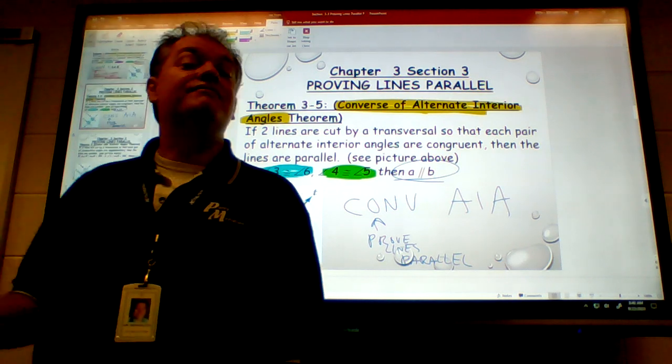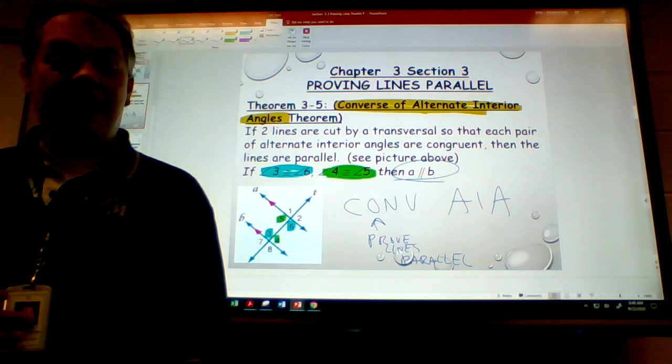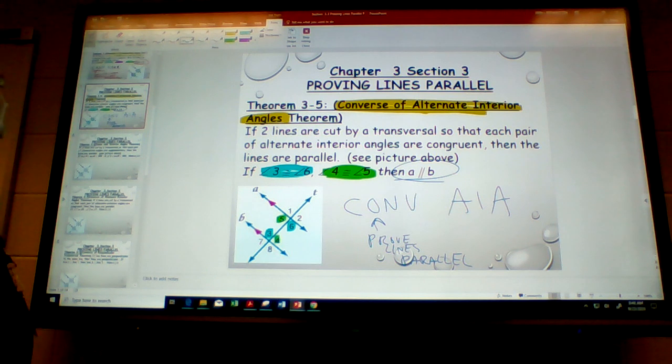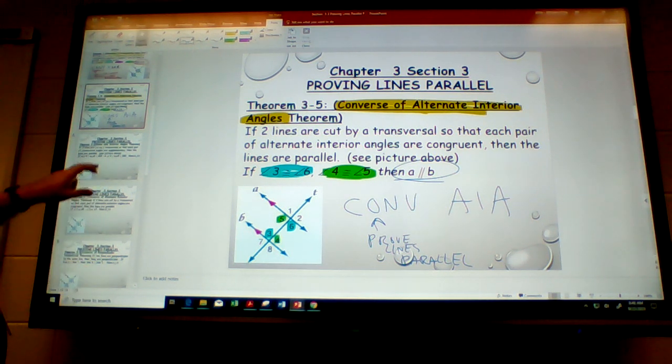We'll see if you're up to snuff when you get into class, and know that you only use the converse when you're proving lines parallel. I'm getting into this, okay? I like this topic, so therefore I get into it. Okay, now,